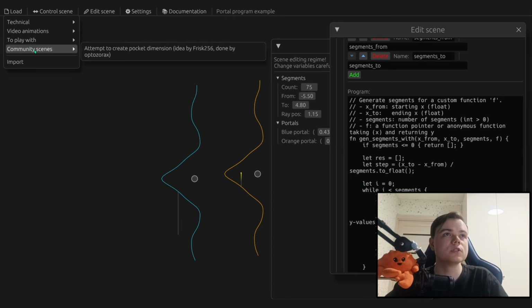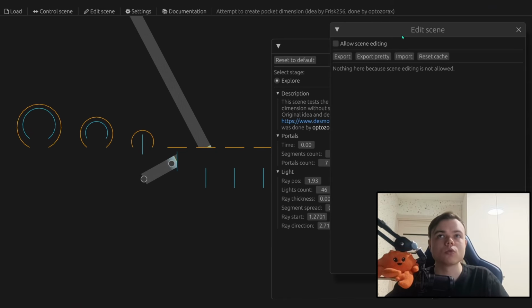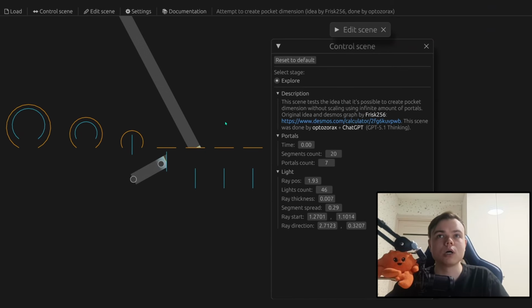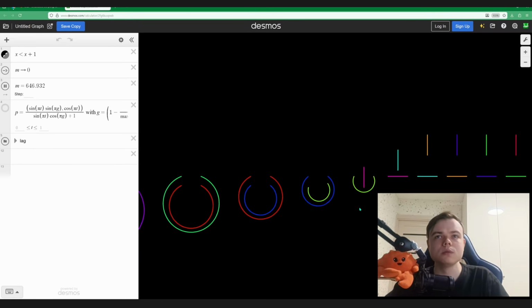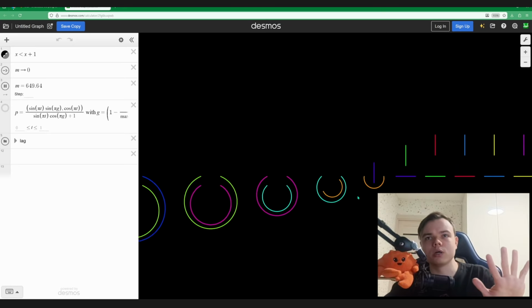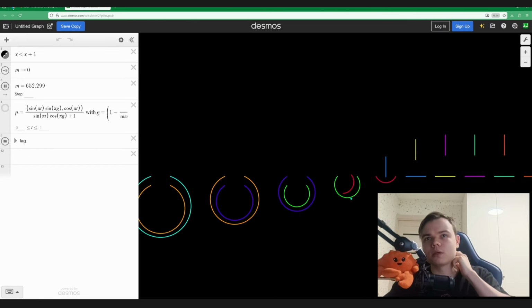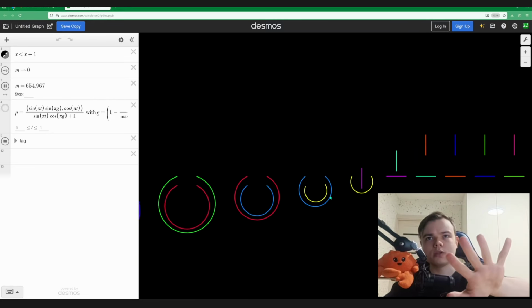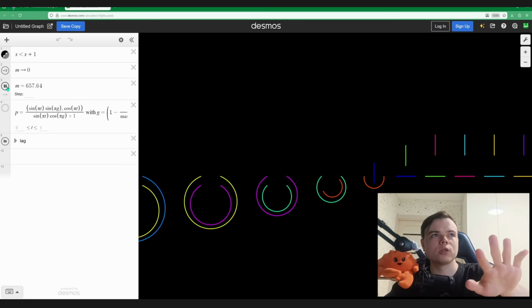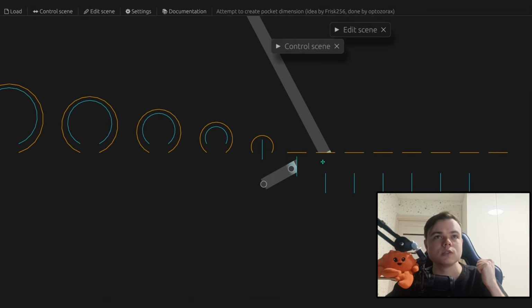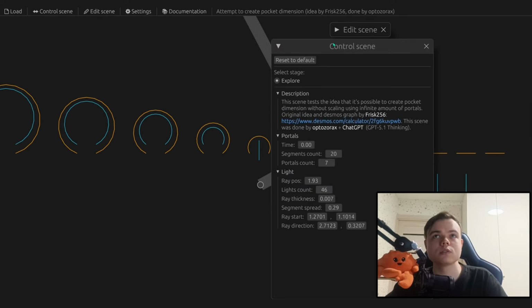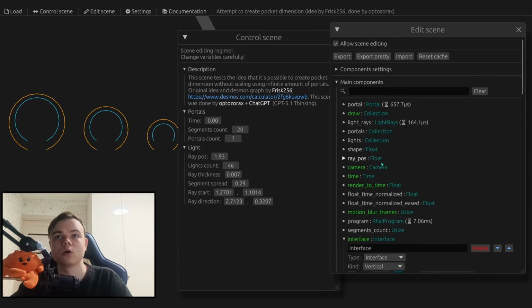For example, there's this scene called attempt to create pocket dimension. Our community member Frisk256 created this Desmos scene where he imagined a set of infinite portals that enter each other in such a way that this should create some sort of pocket dimension without scaling portals. And I visualized this scene in my program, and this is calculated, of course, through a Rhai program,